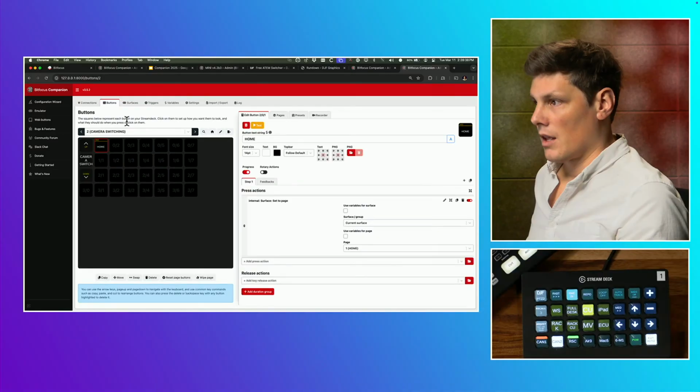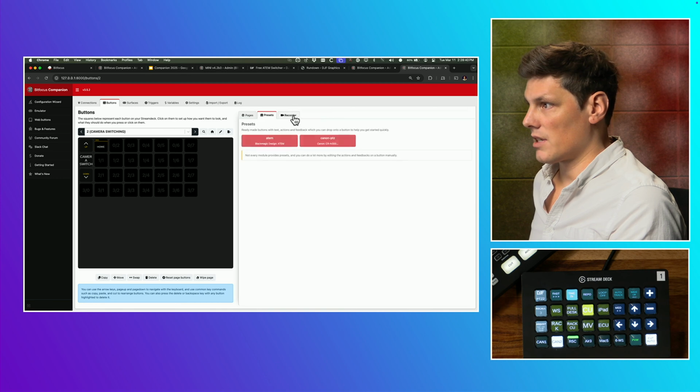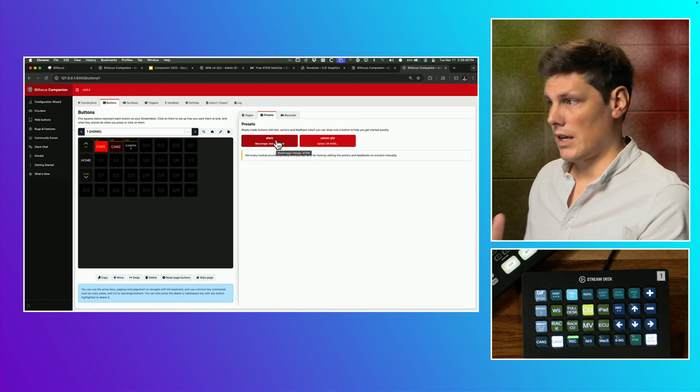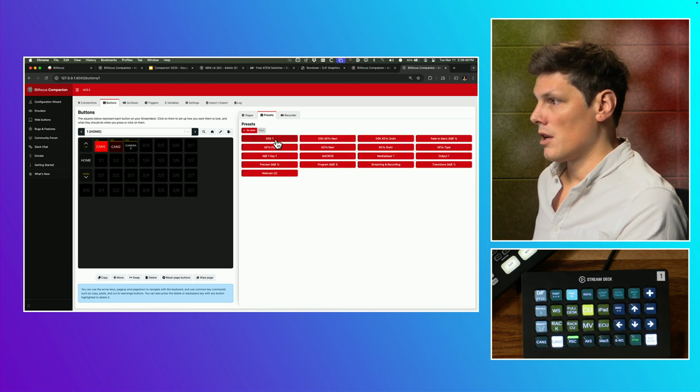The next one under the buttons is the presets tab. I was showing you before how to build a button out from scratch, but if you just want to get started very quickly, you can come over to this presets tab here. I'm just going to go back to page 1, and you'll see that for all of the modules that you have connected, there are presets available. So I have, for example, under the ATEM,